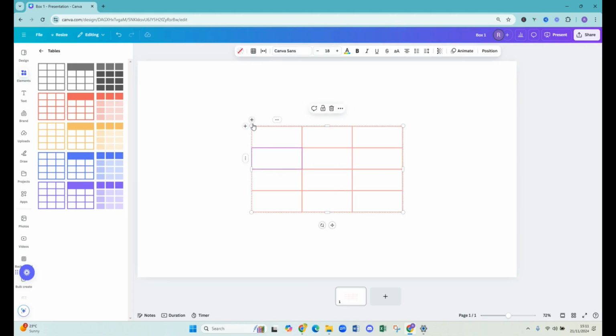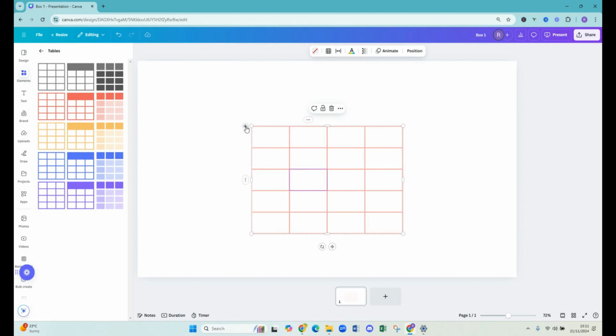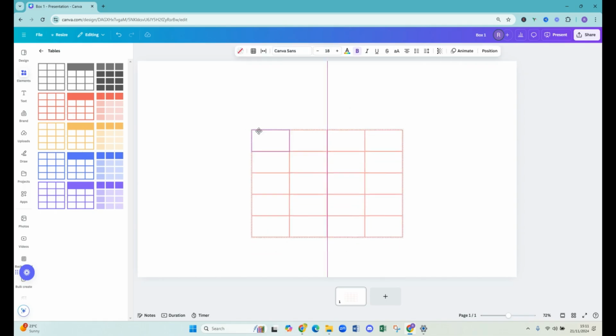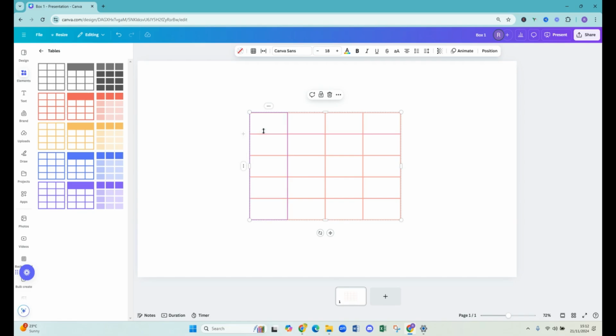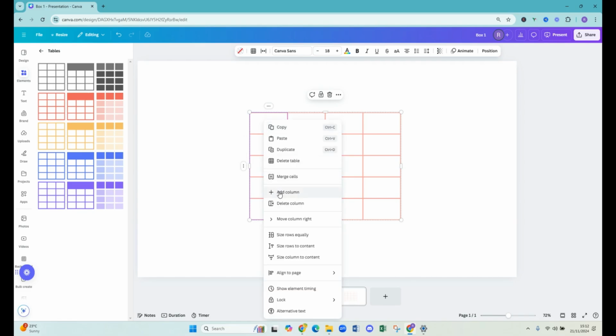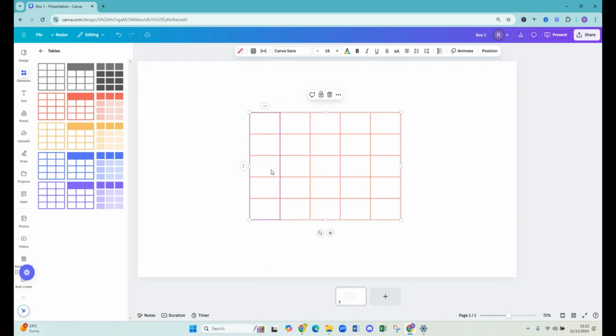As you can see, if you hover over this corner here, you've got this plus sign appear. So if you give that a click, you've got the option to add another column. And then if you come down here, you've got this other option. And then there you go, you've got that option to add another row. You can also highlight the column, right click, and then you can press add column, and then another column has